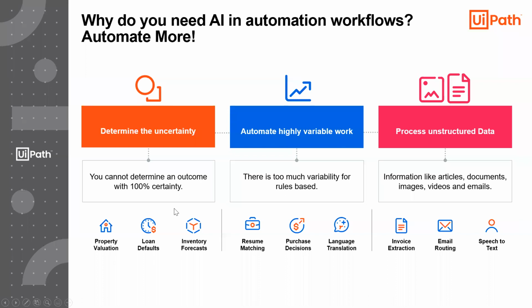So you cannot solve this issue with classic RPA. What you will do is you will try to have an estimation, and to get this estimation, you will call a machine learning algorithm. Also, I would like to precise that when we talk about AI in UiPath context, all the time, or at least 99% of the time, we are referring to machine learning. I know it's not exactly the same thing, like machine learning is a subset of AI, but for us it would be kind of the same.